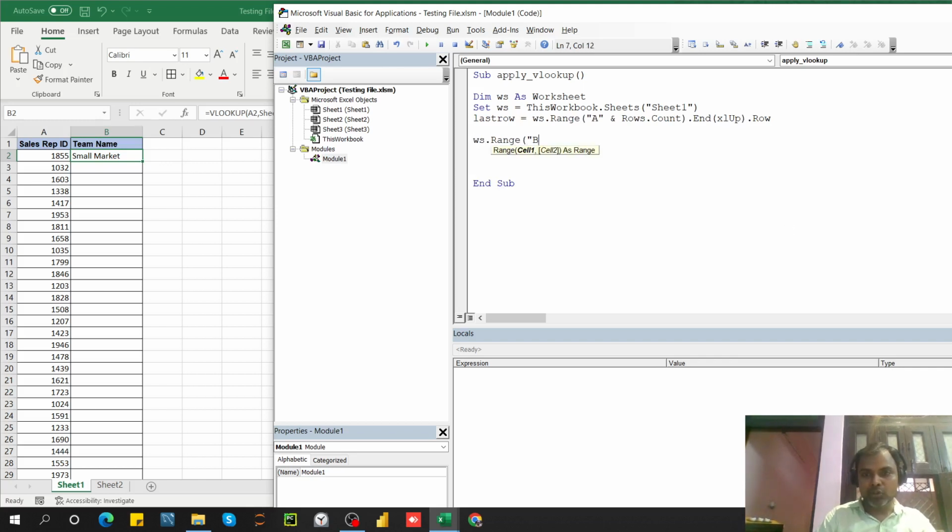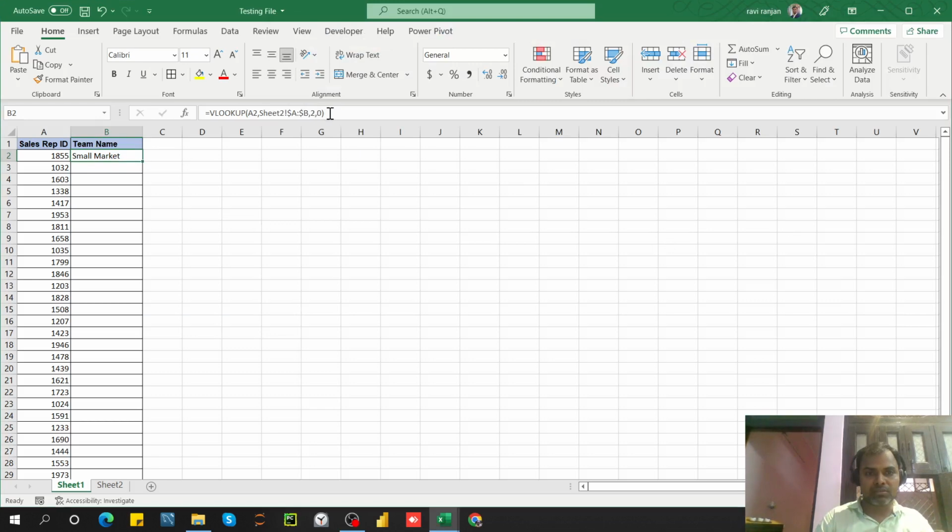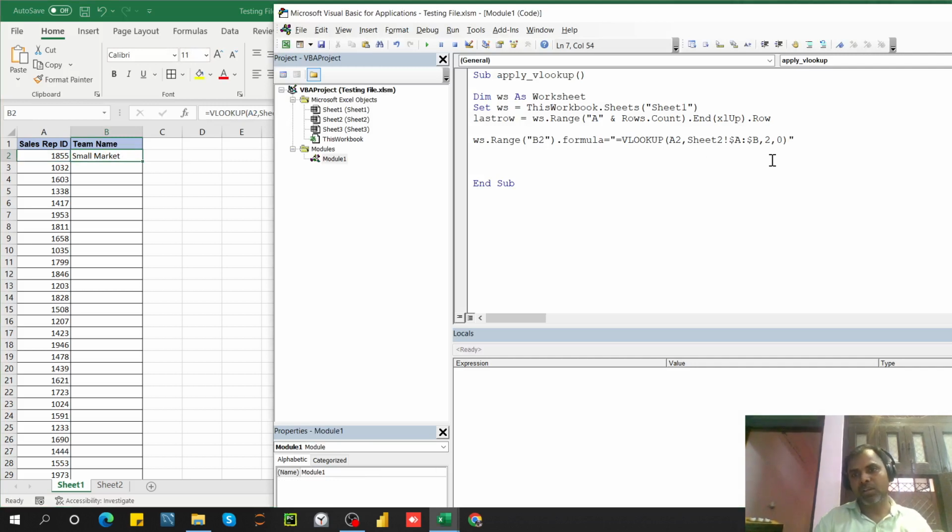Now ws.Range("B2") is equal to what? B2 dot Formula, because we have to insert the formula. How can we do that? Between double inverted commas you have to just copy this formula and write it here, okay? And then we can directly fill down to the last row. So we need to find the last row here, the same thing from B2,